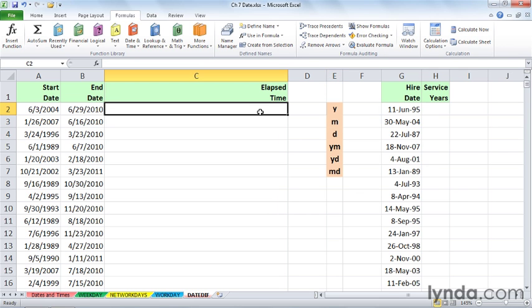We might want to track elapsed time strictly on the basis of how many years it's been, how many months it's been, how many days, or maybe how many months since the last yearly anniversary, how many days since the last yearly anniversary, and so on. Here's the function, DATEDIF. Now, before doing this, I want to point out that if I said there's a function called DATEDIF and the conversation got interrupted,